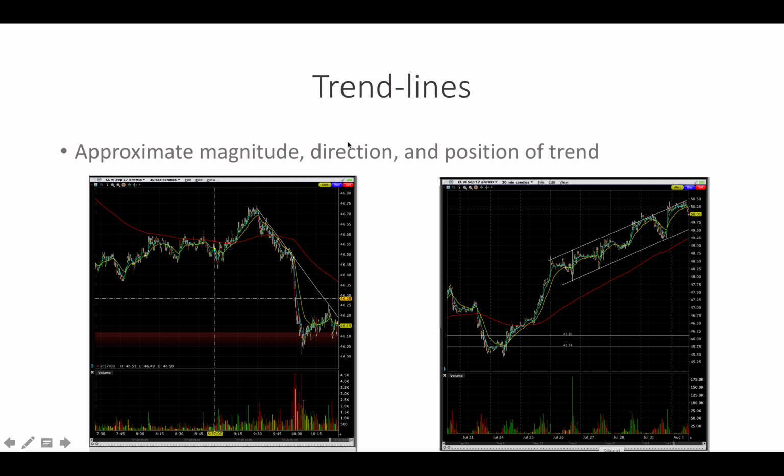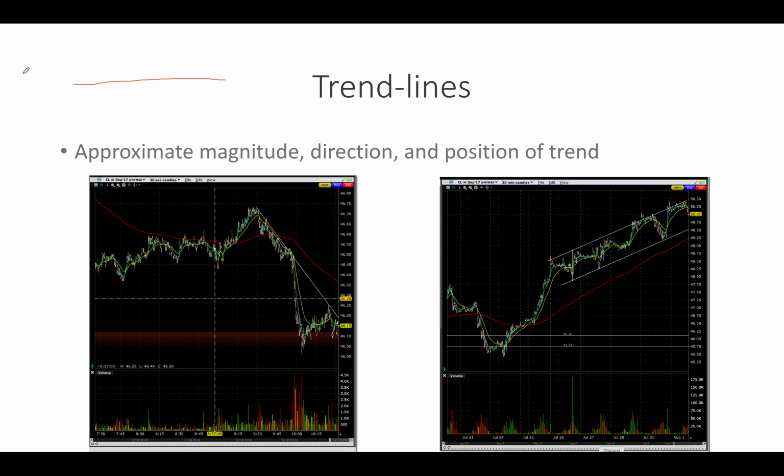I talked about trend lines. Trend lines approximate the magnitude, the direction, and the position of the trend. Let's go one by one through magnitude, direction, and position, and I'll explain what I mean by each. Let's get a pen. The higher the slope of a trend line, the higher the magnitude is. For example, if your trend is flat like that,